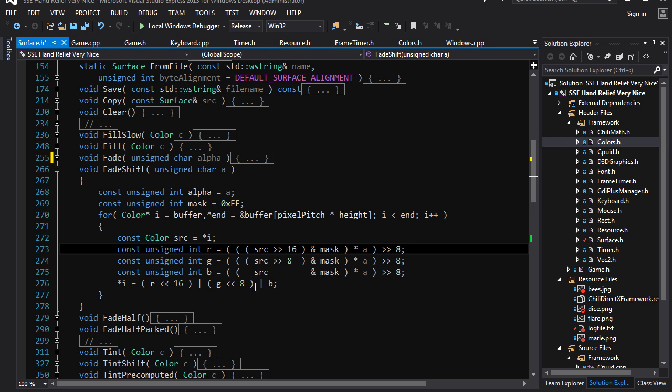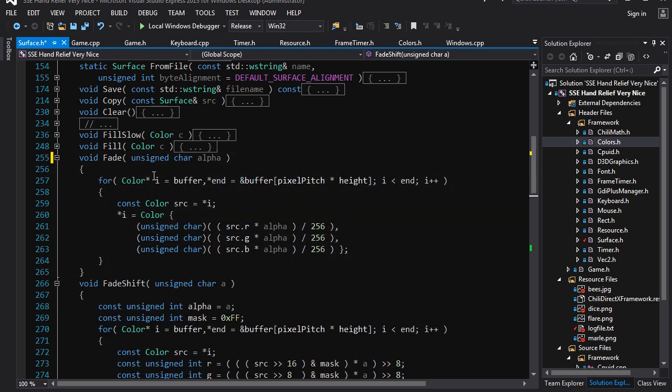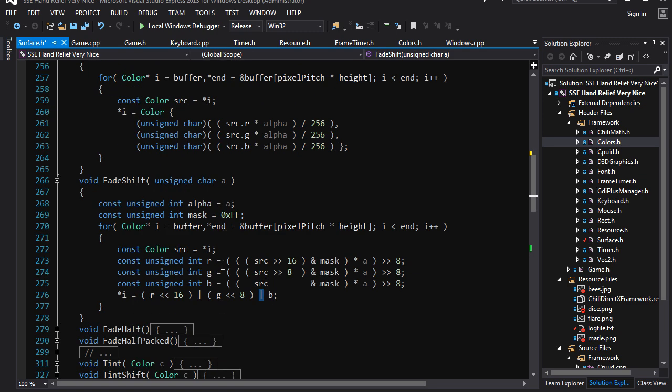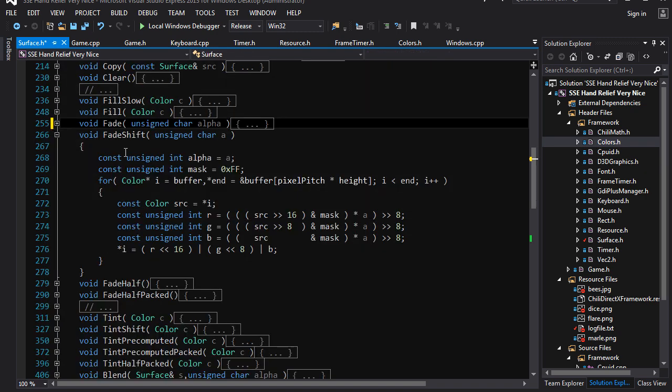And in the end, then shifting the components back into their positions and bitwise ORing them all together. So, we would expect for a really good compiler, it should be able to generate identical code for these two identical operations. However,